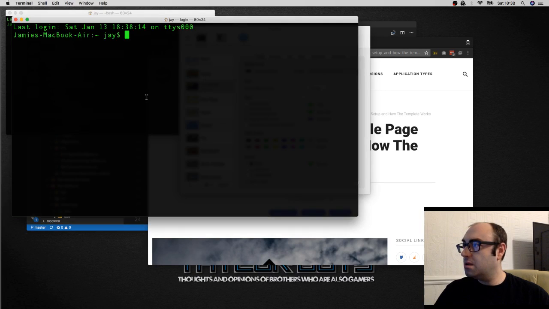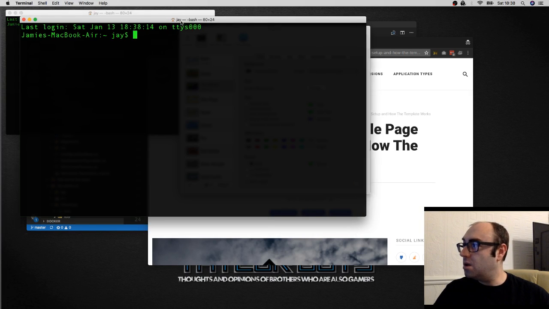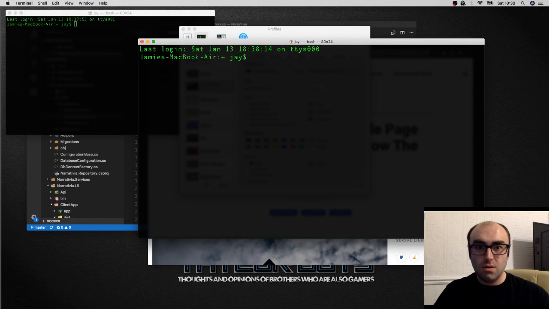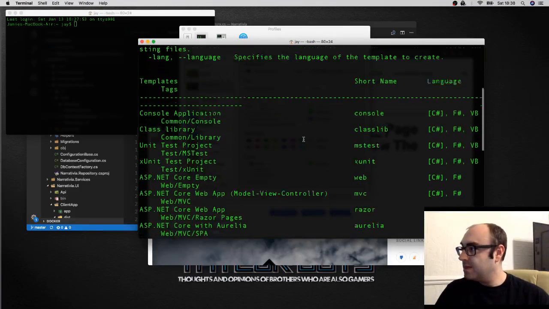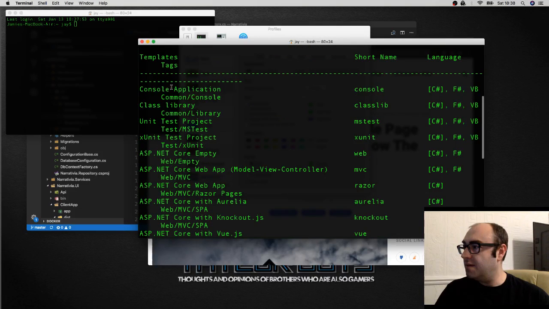So in here with .NET Core, there's a lot of everything. The tooling for .NET Core is fantastic. So I can, from the terminal, do dotnet new, and I will get a list of templates that I have installed on this machine. So if you want to do a console application or a library or a website,